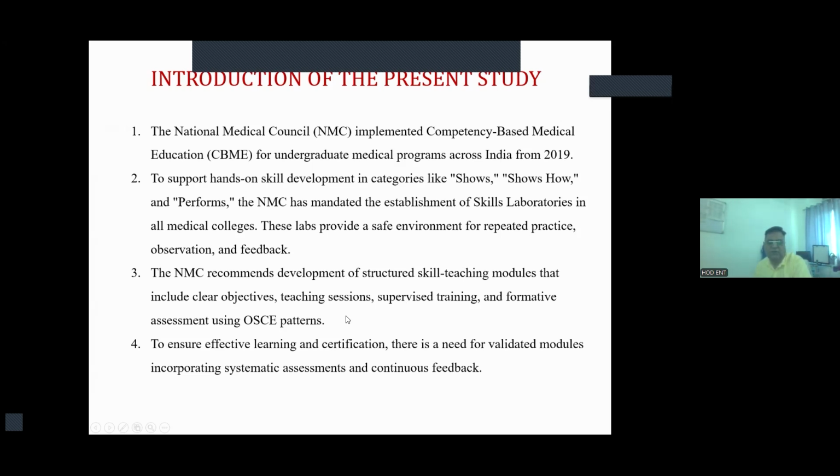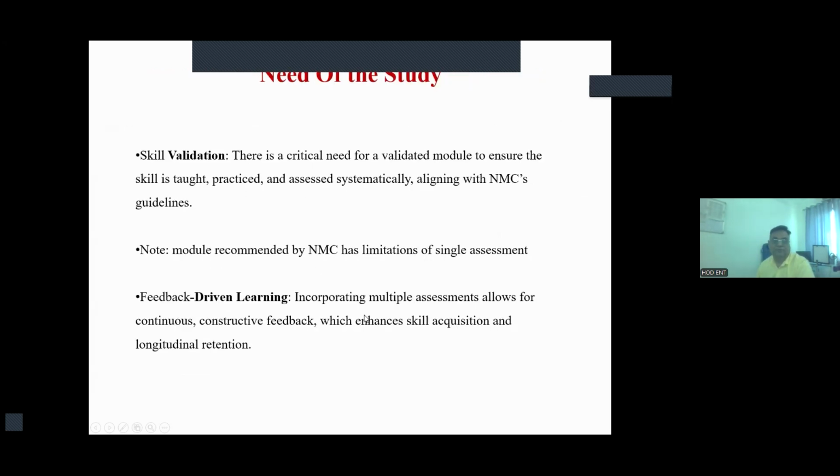To ensure effective learning and certification, there is a need for validated modules incorporating systematic assessment and continuous feedback. Need of the study: skill validation. There is a critical need for a validated module to ensure the skill is taught, practiced, and assessed systematically, aligning with the NMC guidelines. Note, the module recommended by the NMC has the limitation of a single